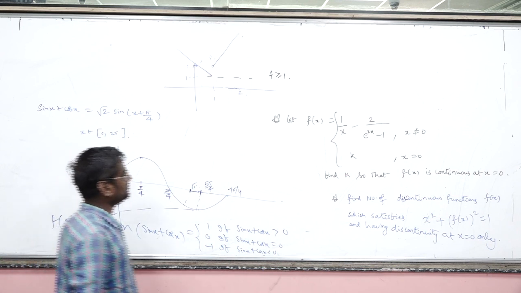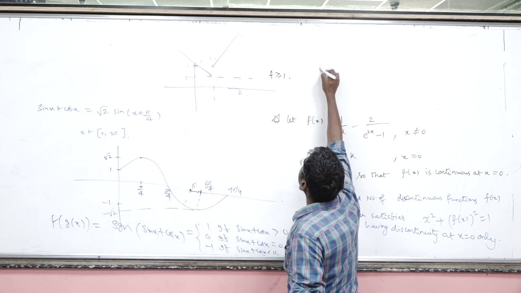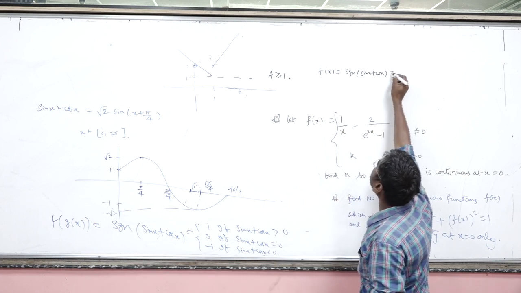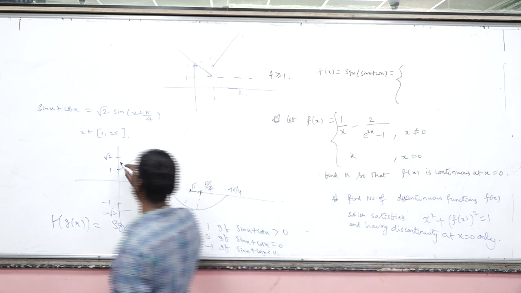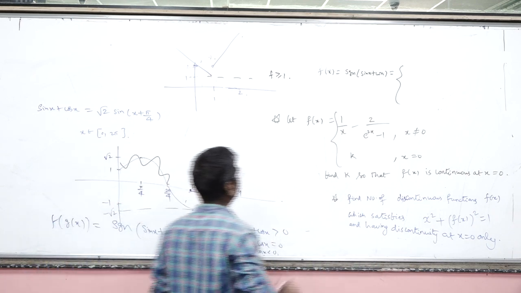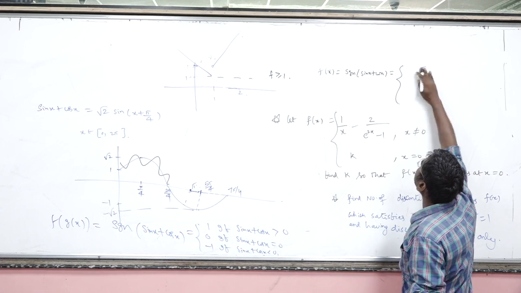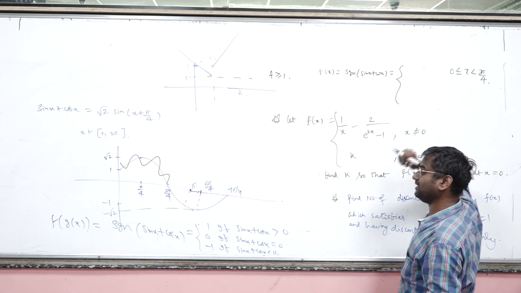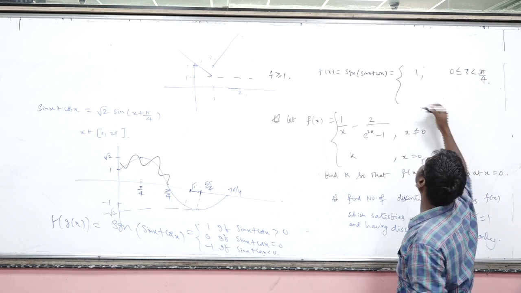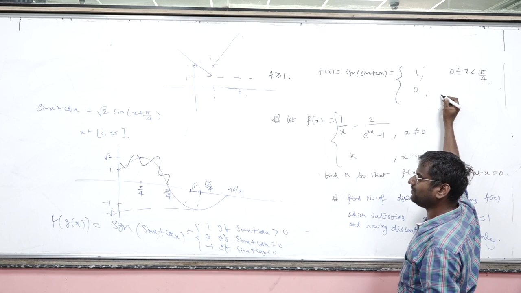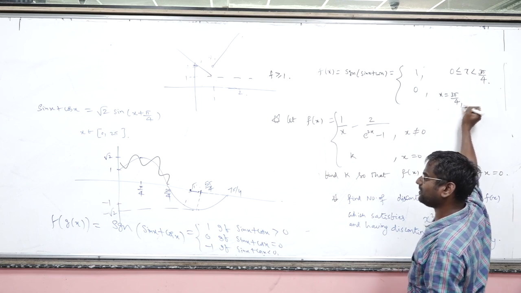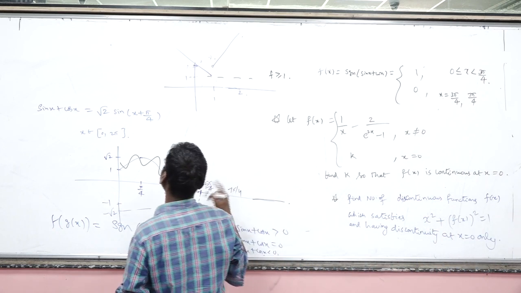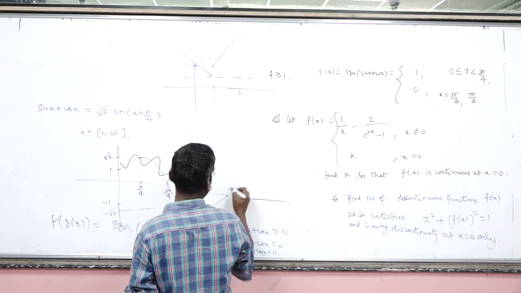definitely the signum function we want to write. So therefore my function equal to SGN of sin x plus cos x, that is equal to, as you can see, it is positive until here. That means 0 less than or equal to x less than 3 pi by 4. Now it is positive, that is 1. Okay, it is 0 if x equal to 3 pi by 4 as well as 7 pi by 4. And 2 pi also is there. So 2 pi plus pi by 4, it is again going back to 1.